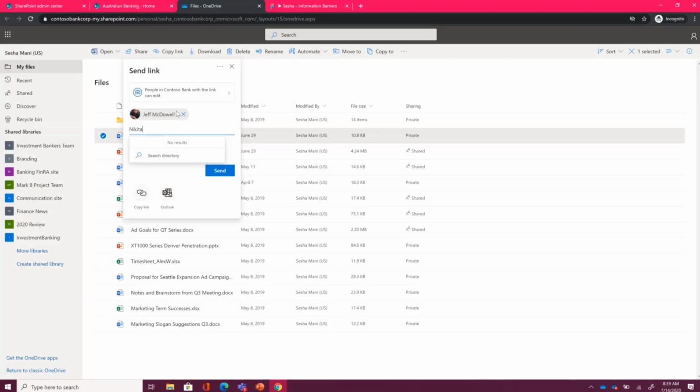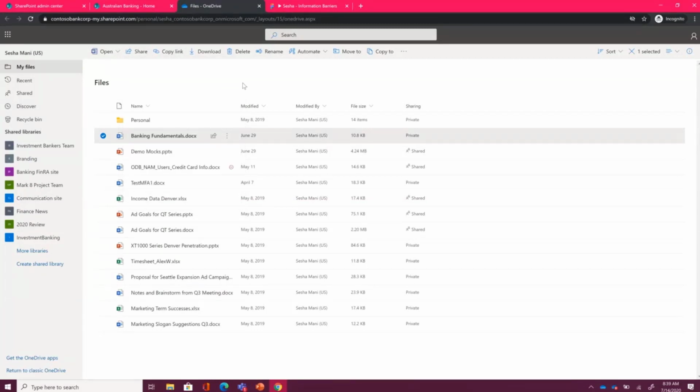And because Nikita is in advisory, Sesha would not even be able to discover her, let alone share the content with her through the people picker. So this is how we make sure that access is governed by the segments on the site, as well as sharing is purely governed by the segments which are stamped on the site.